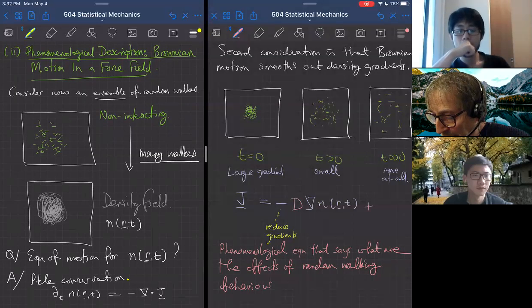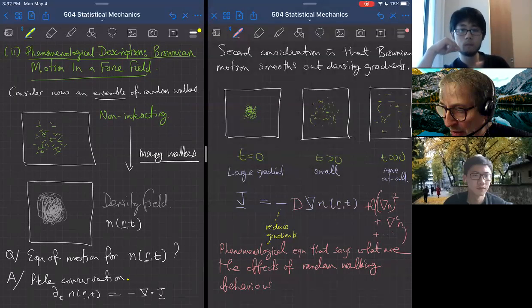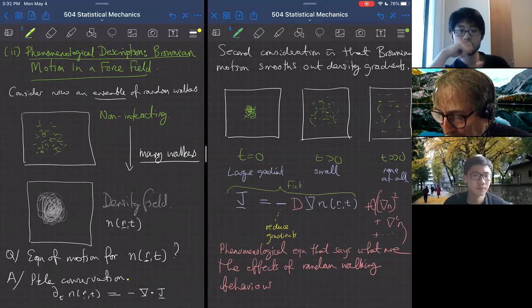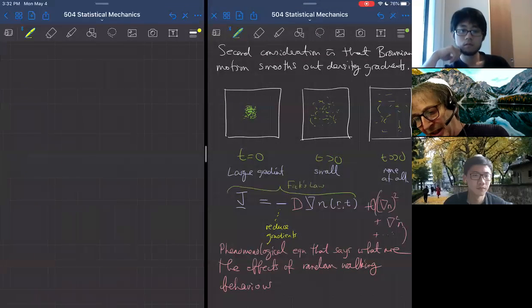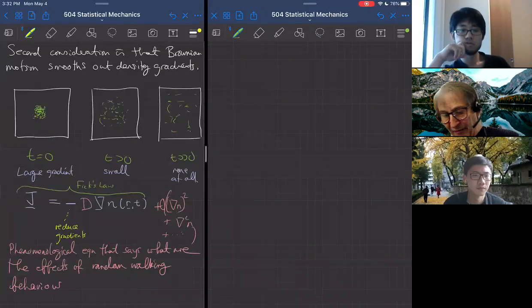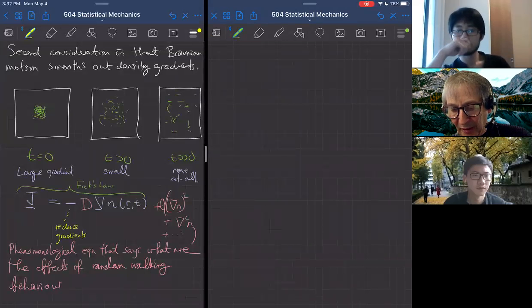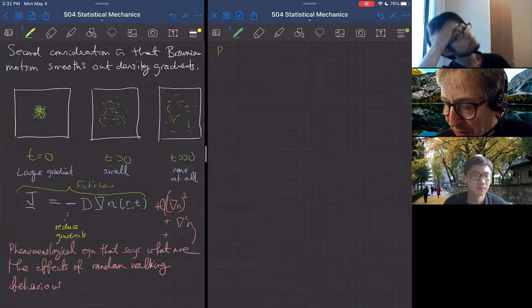So in principle, there would be higher order terms like gradient of n squared, del squared n, and so forth. All of those terms are neglected, and the one that we're going to keep is just the first order term, and this first order term has a name which I'm sure you all know. This is known as Fick's law. And Mr. Fick, actually, I think it was Fourier who wrote it down first, but anyway, it's called Fick's law. So that's our equation of motion, and so now putting it all together,